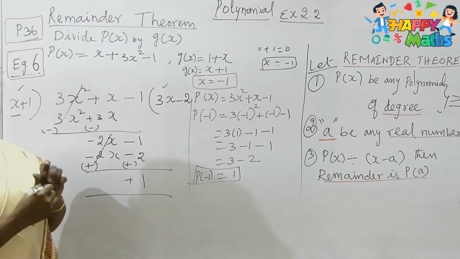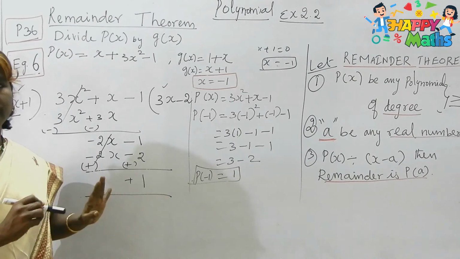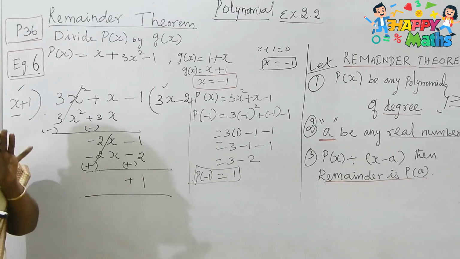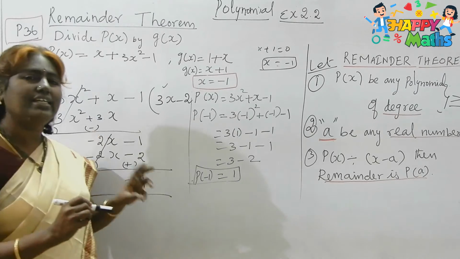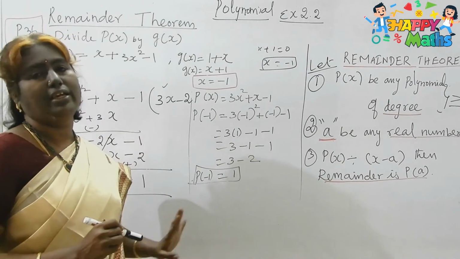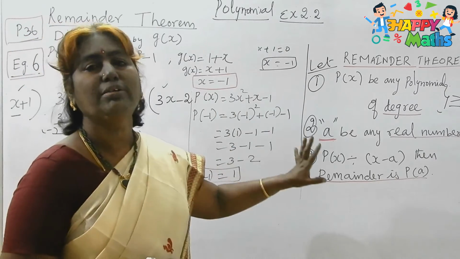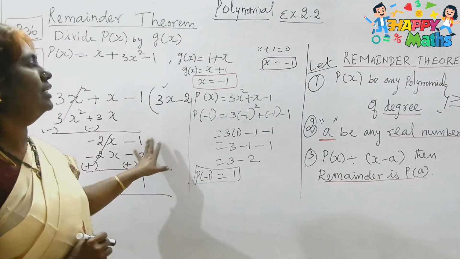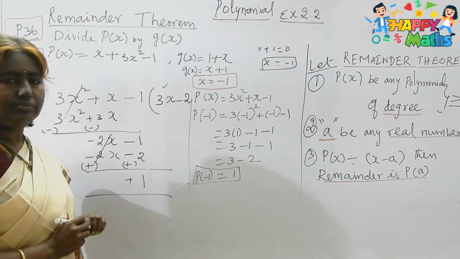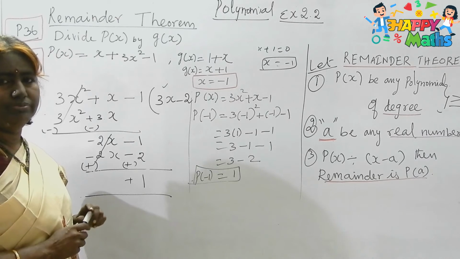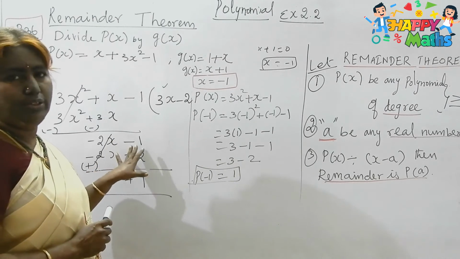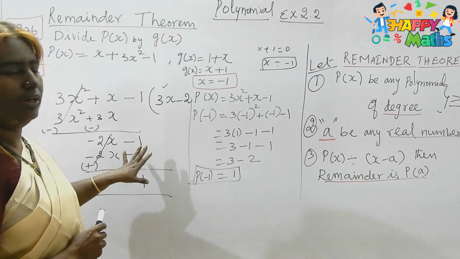So what did you understand from these two now? That only the simple and the best technique and understanding from this remainder theorem. This will make you very, very clear when you learn the remainder theorem. What can you understand from this comparison now? Can you generalize the point now? I think you can do it now. So let me tell you now.